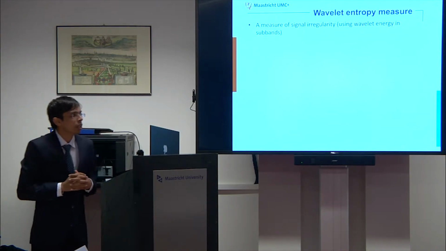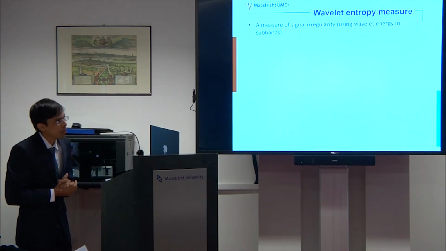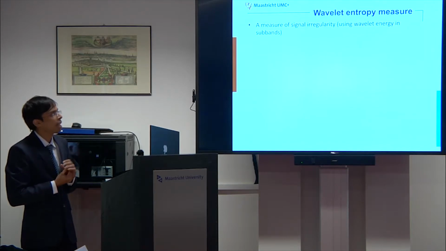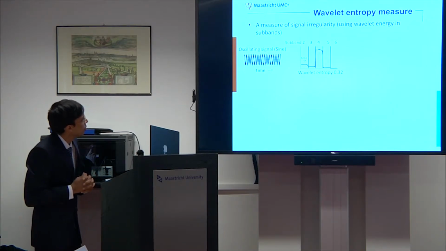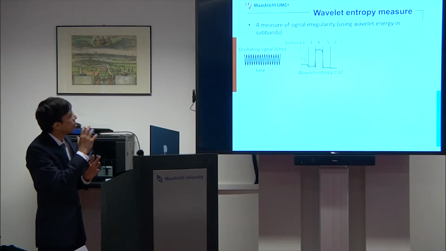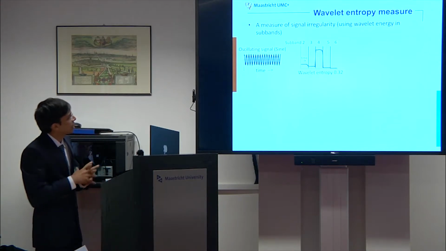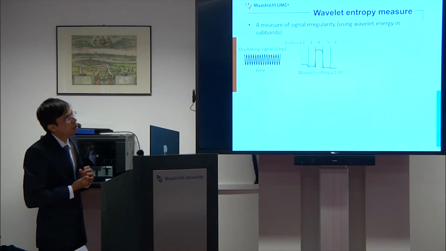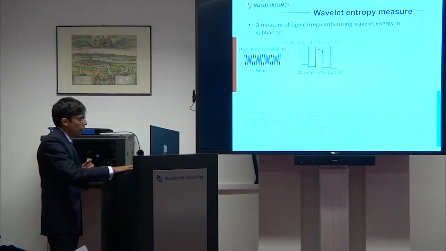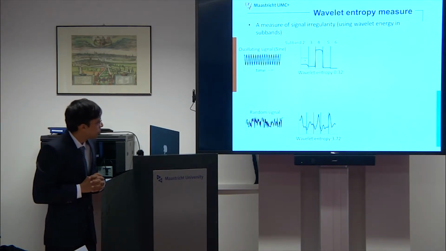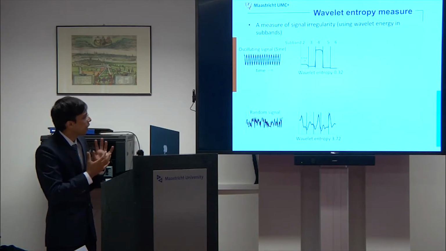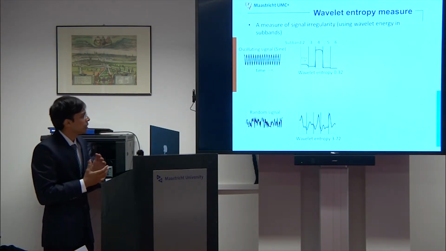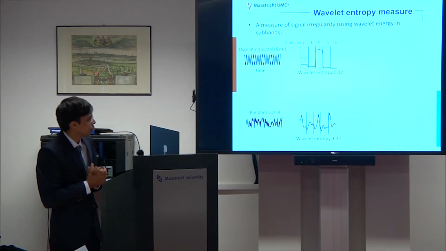Wavelet entropy is a measure of signal irregularity, or basically randomness in different wavelet energy subbands. You can observe here there is an oscillating signal, which is actually a sine curve. The complete wavelet energy is confined to just one wavelet subband. Hence, low surprise, hence lower wavelet entropy. For the signal which is completely random, which is highly unstructured, the wavelet energy is sort of equally distributed across subbands, which means higher surprise and hence higher wavelet entropy.